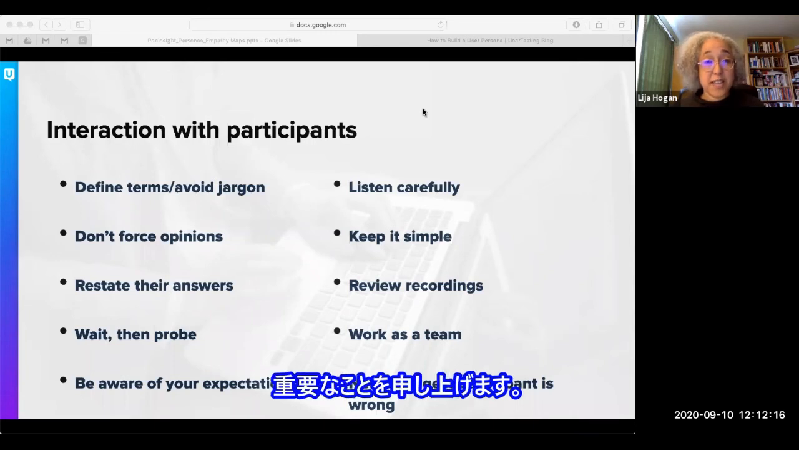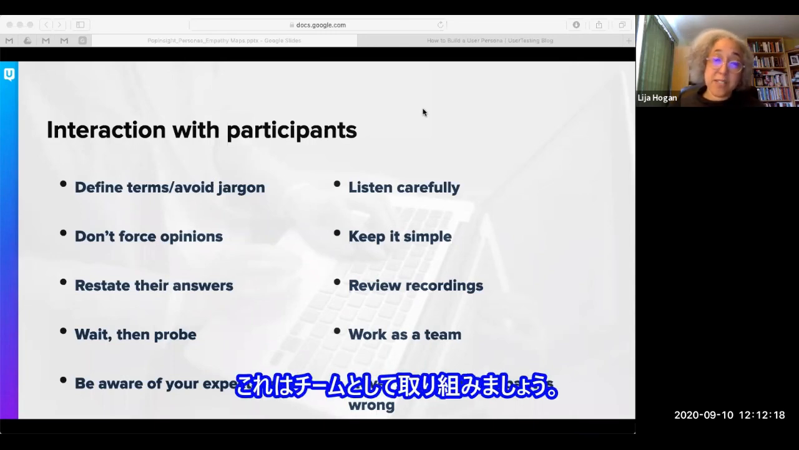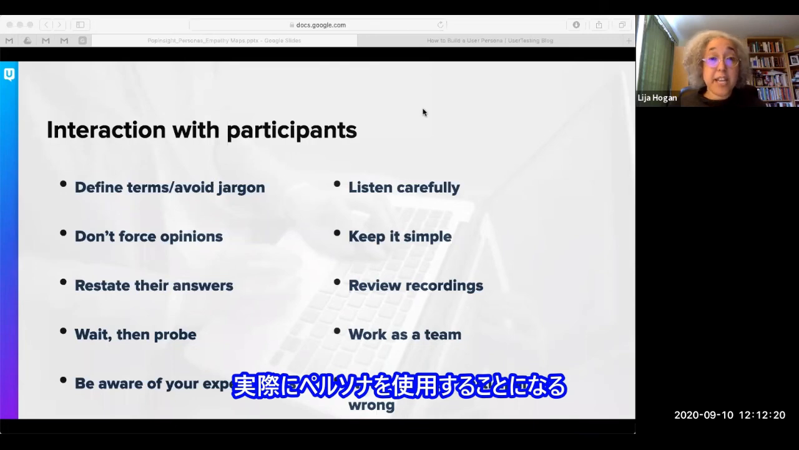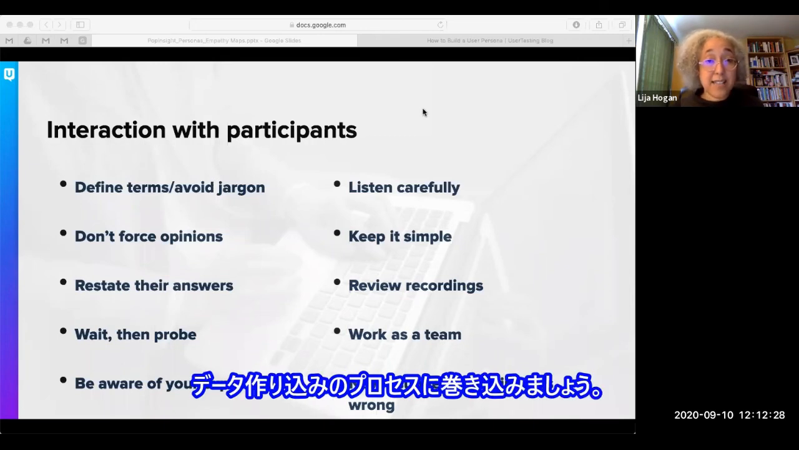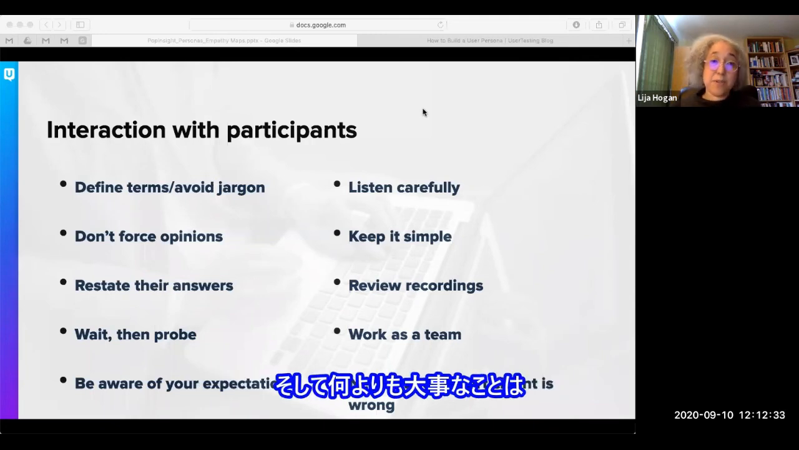I do think that it's really critical to try to do this as a team. So as much as you can, include the stakeholders who are actually going to be using personas as a part of the data collection as well as data synthesis process. And then I think most important of all,